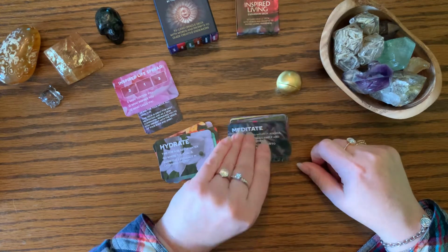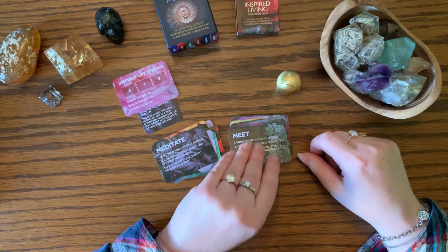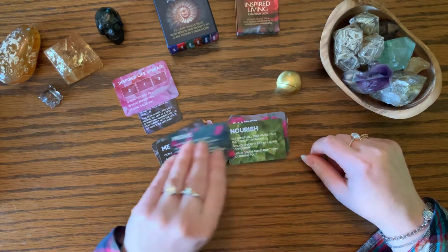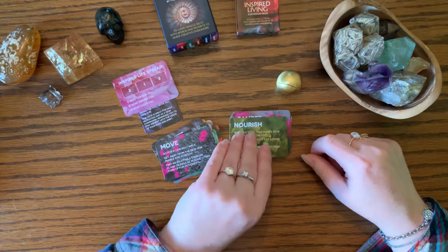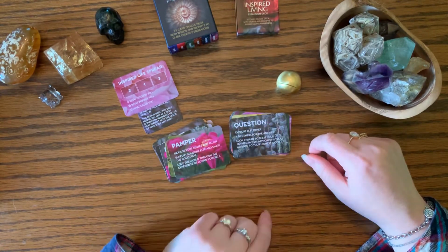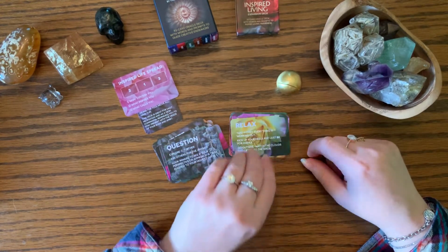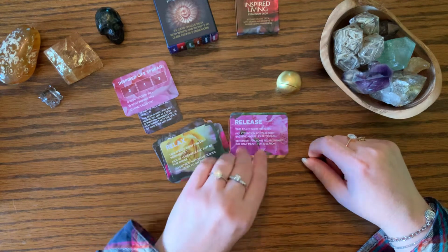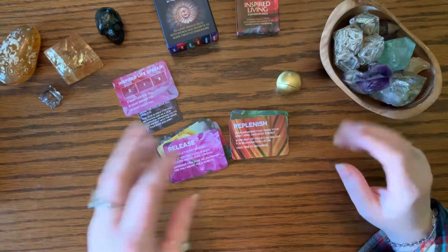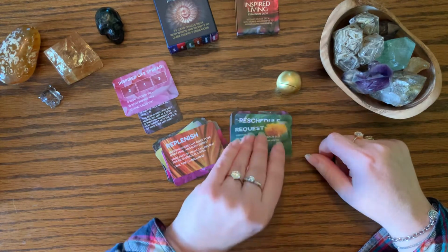Meditate card, that'll definitely go in for sure, whatever I decide to do. I'm still trying to become more consistent with my meditation practice, but that's always a struggle at any time. It's especially difficult right now. At the time of this filming, we are still kind of in the midst of our election shenanigans in the United States, so